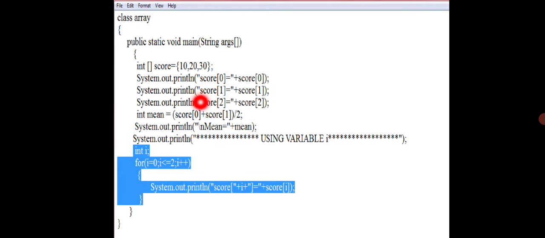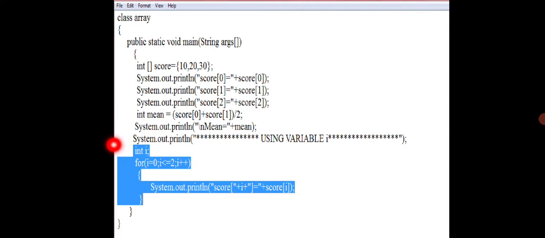Then score of 1 within double quotes is printed as it is, and then score of 1 prints the value of the first index, that is 20. Then it prints the value of the second index of score, which is 30. So this is the normal way of printing the array values.